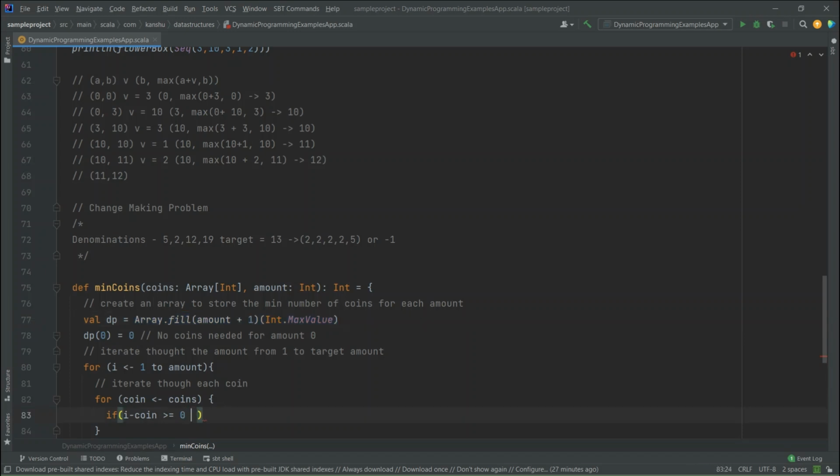So we have to handle this. So it is going to be dp[i - coin] is not equal to Int.MaxValue. All right, or if I have these values as max, in these two conditions,